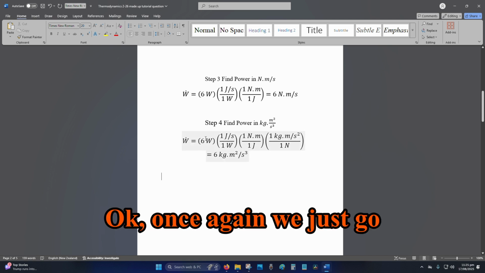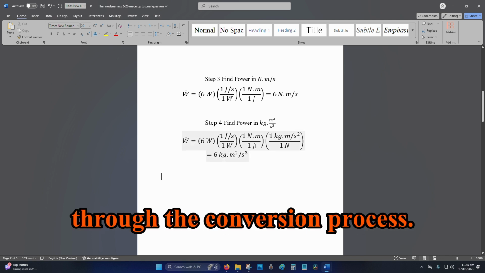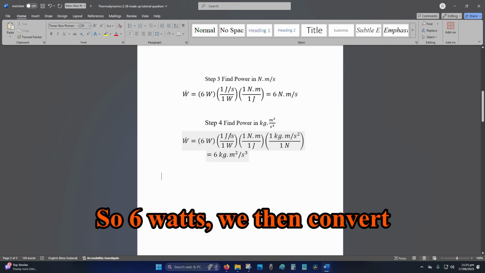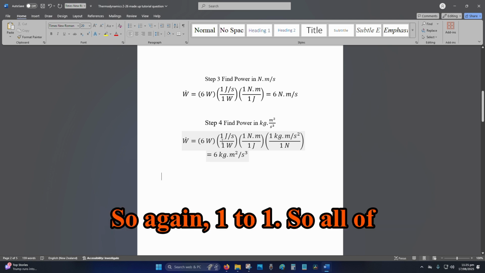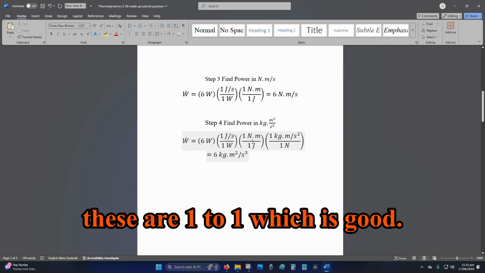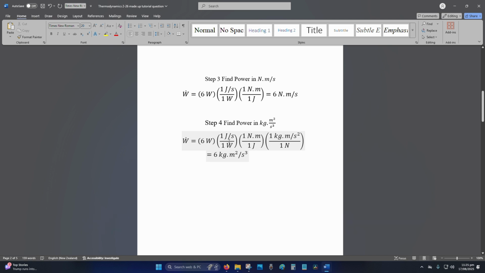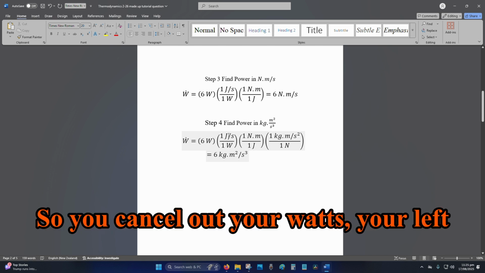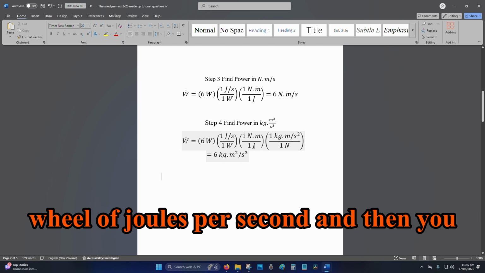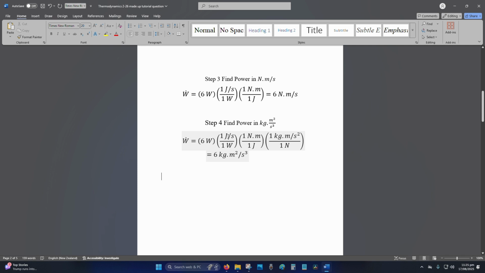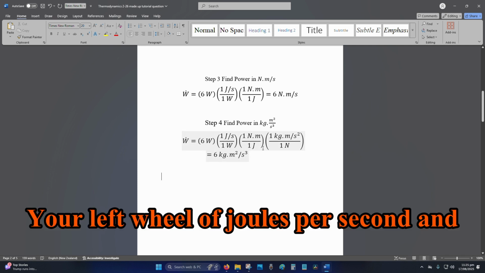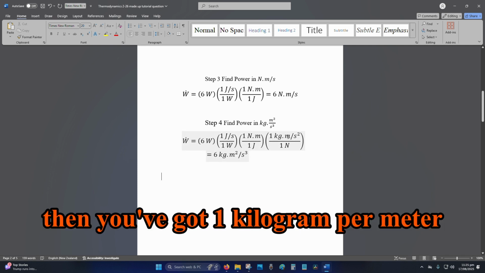Okay, once again, we just go through the conversion process. So 6 watts. We then convert it into joules per second. So again, 1 to 1. So all of these are 1 to 1, which is good. So you cancel out your watts, you're left with joules per second, and then you cancel out your joule, which is 1 Newton meter. You're left with your seconds, and then you've got 1 kilogram